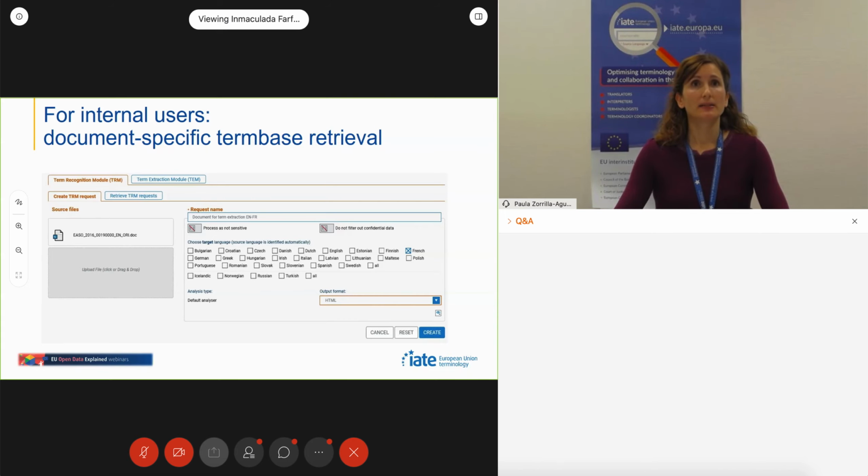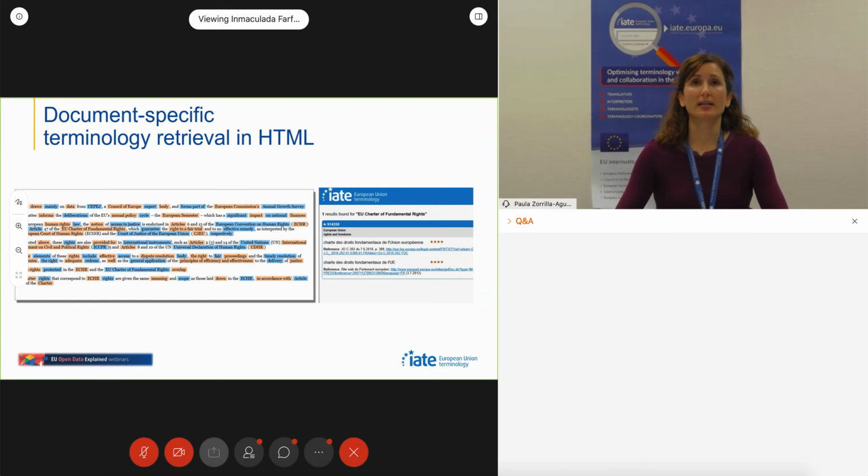In the next slide, you have an example of a term recognition request in HTML, where the user gets a copy of the document with highlighted matches and the corresponding IATE results. This output can be useful for users who do not necessarily work with CAT tools, like interpreters.